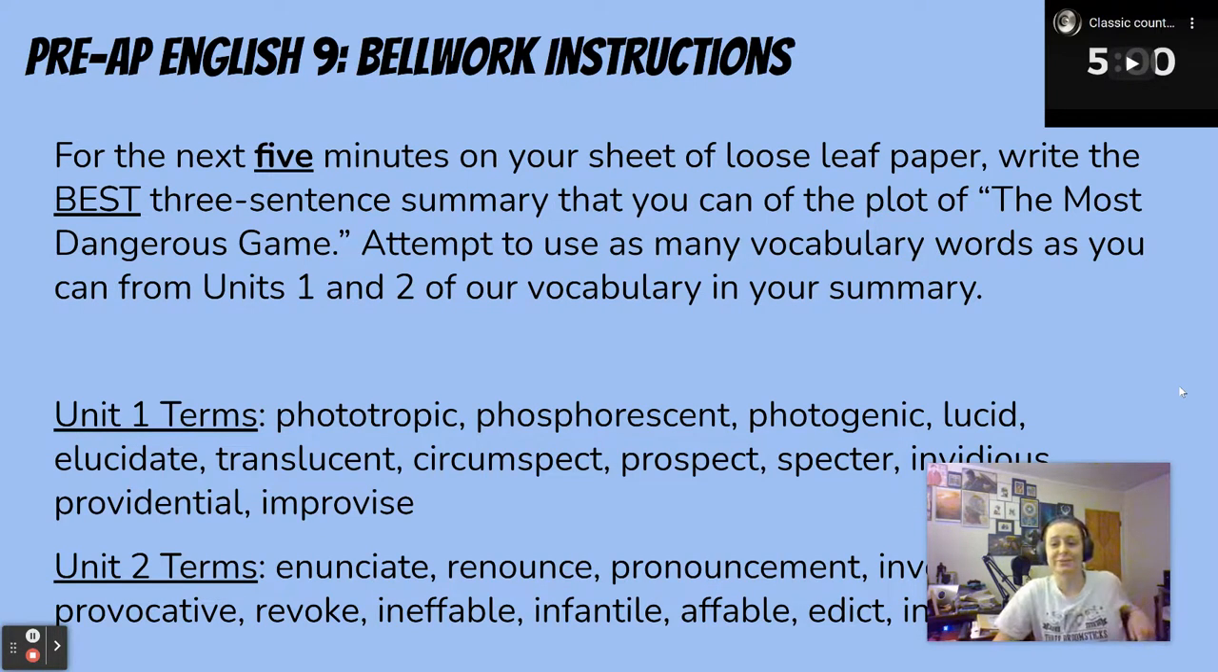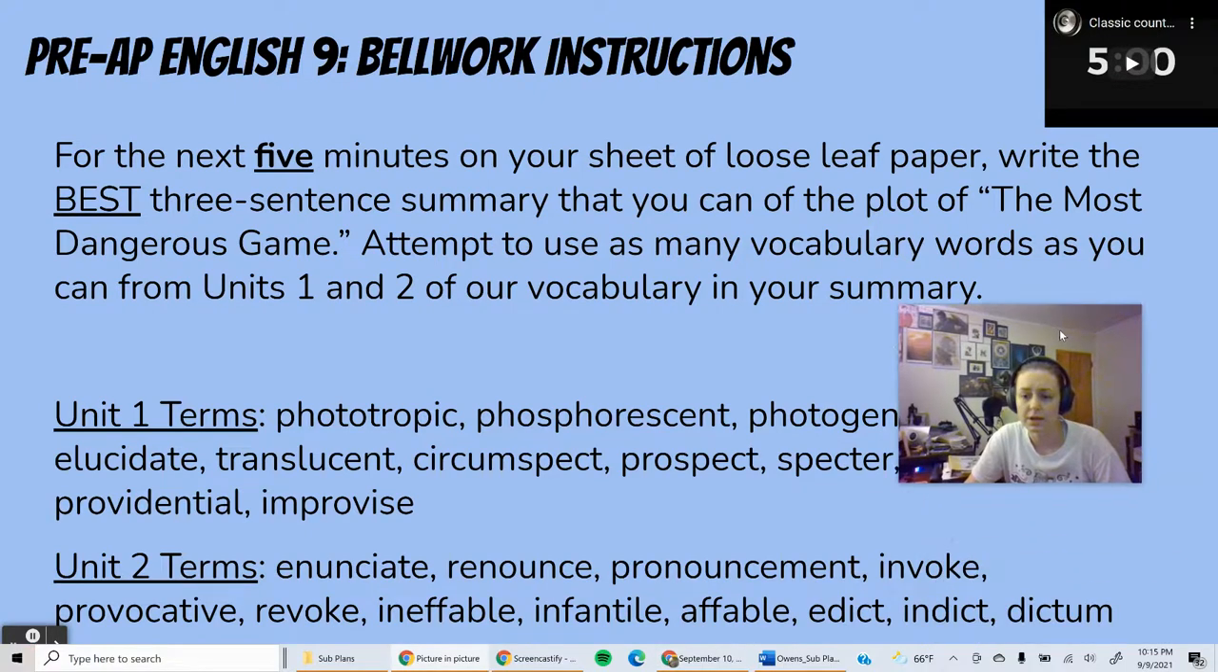All right, anyways, here we go. For the next 5 minutes for your bell work, here's what you're going to do. You are trying to write the best 3-sentence summary that you can of the plot of The Most Dangerous Game. Now, you're not just trying to consider the most important details from the plot. You're also going to attempt to use as many vocab words as you can from units 1 and 2 of our vocab in your summary. So as many vocab words as you can think of that make sense in those 3 sentences,